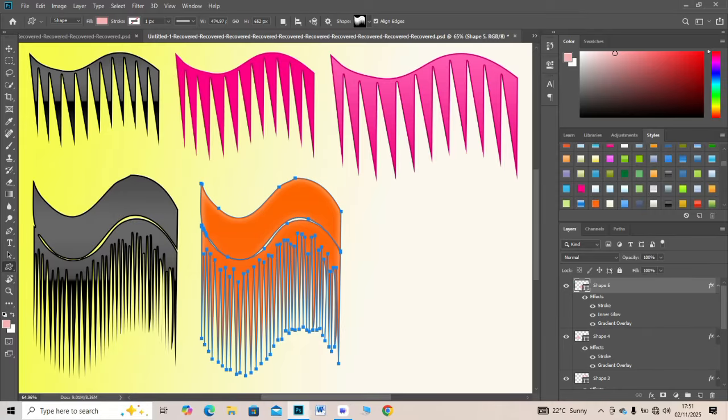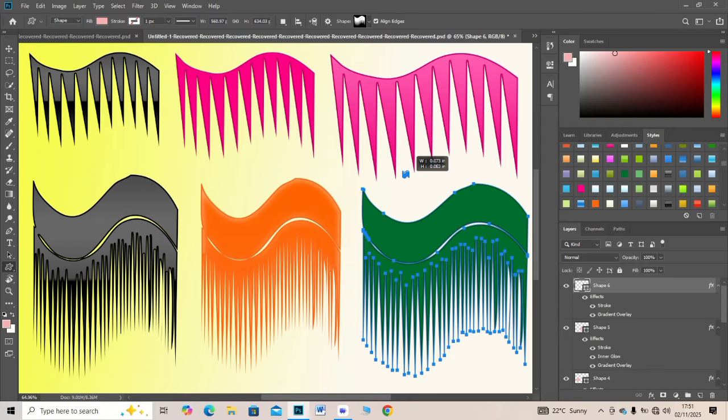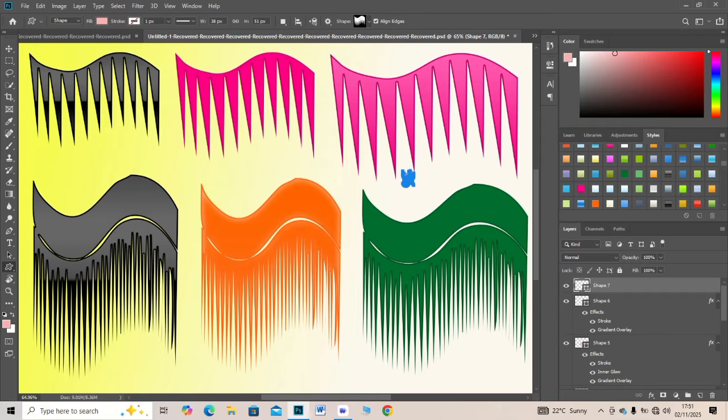Now add a bevel and emboss effect for metallic shine, and also adjust the angle and depth for more realistic highlights. Now apply a drop shadow with low distance and high opacity. This gives it a soft metallic